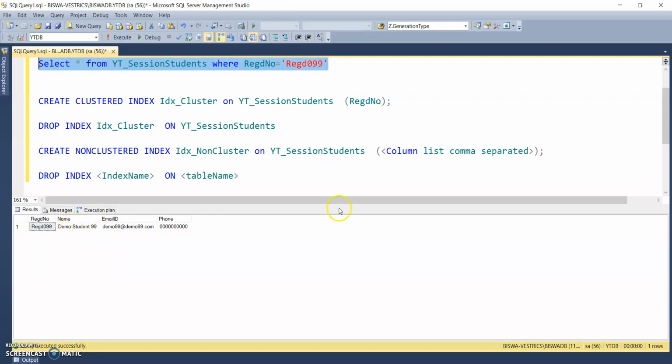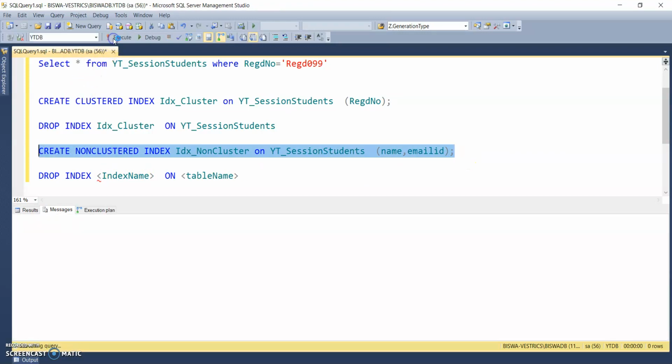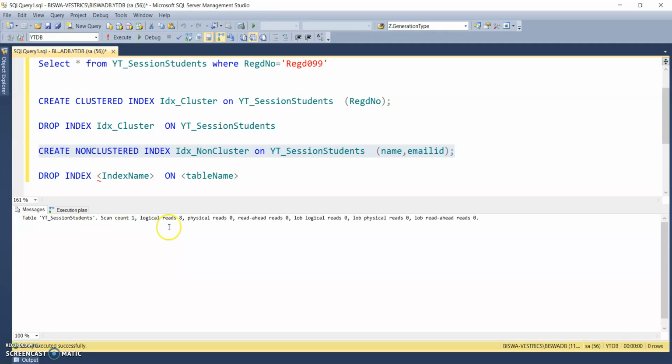In this table I have different columns, so I am giving name and email ID. In my previous session I told you that we can create 999 non-clustered indexes inside a SQL table, so we can create multiple. So you can see it is created.